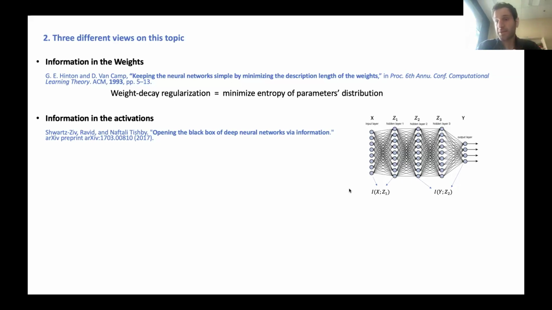And still Z is a deterministic function of X. So that's the first issue. The second issue, which is also true for the first paper, is that there is no way to calculate this mutual information, because you need to know the joint distribution between X and Z and the marginal distribution. This is also true for the work with Hinton and Van Kamp. Again, if you want to measure the information in parameters, you don't have access to the distribution of parameters, and you don't have access to the joint distribution of parameters in your model. So this is a challenge for both approaches. So this is the second flavor.